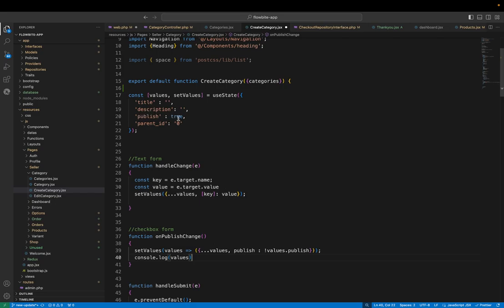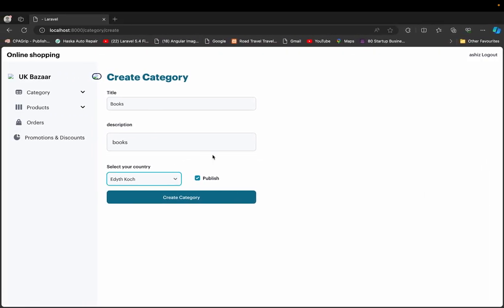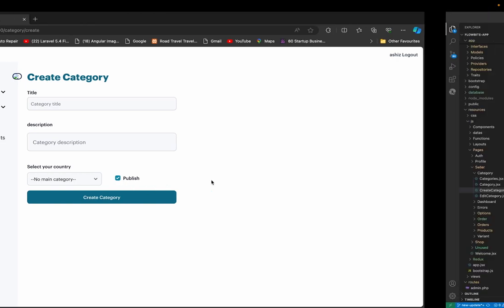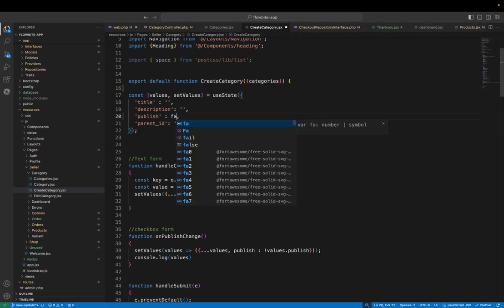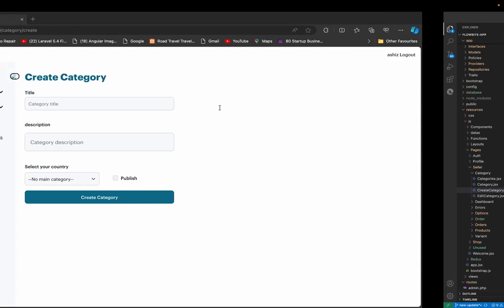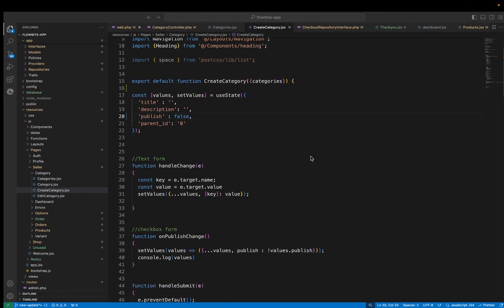So here's the publish. The first starting value is true, so when I refresh the page, there you can see true. But when I keep it false, then there is no checkbox over here. So